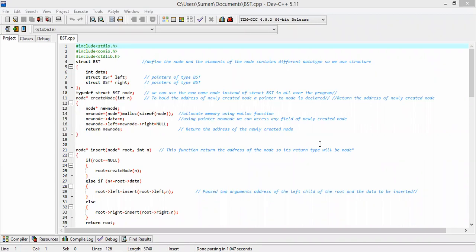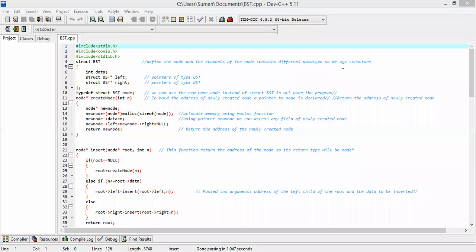Now, at first, what should be done? I use a structure named BST. Why do I use this structure? This structure defines the node, and the elements of the node contain different types of data.